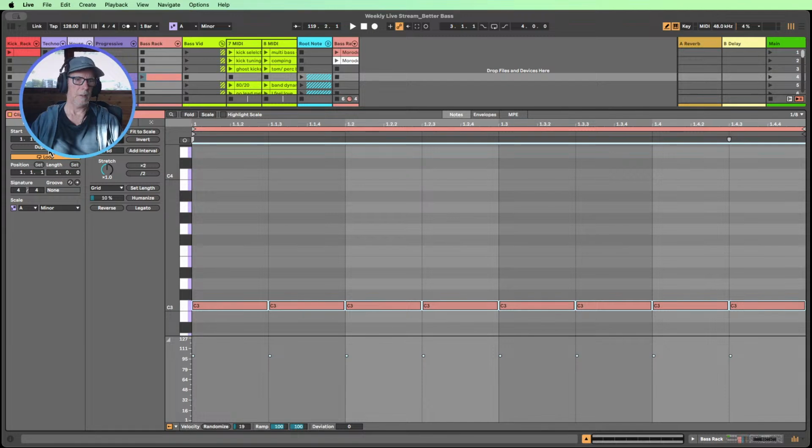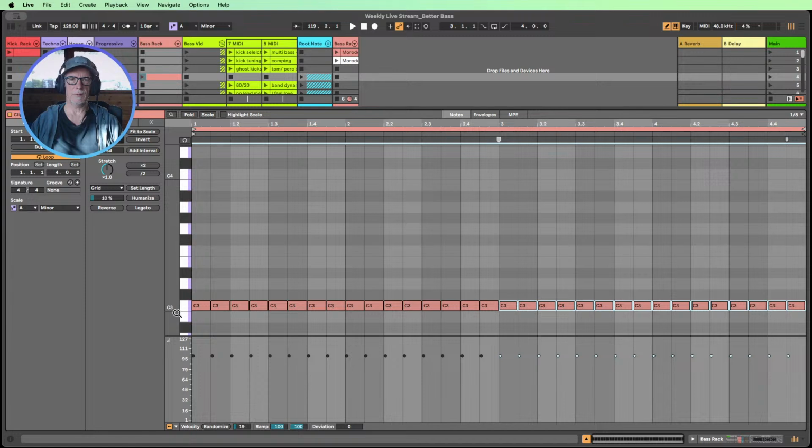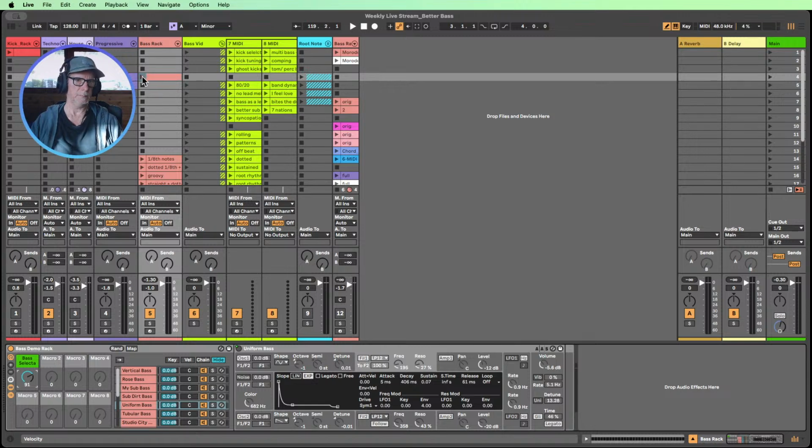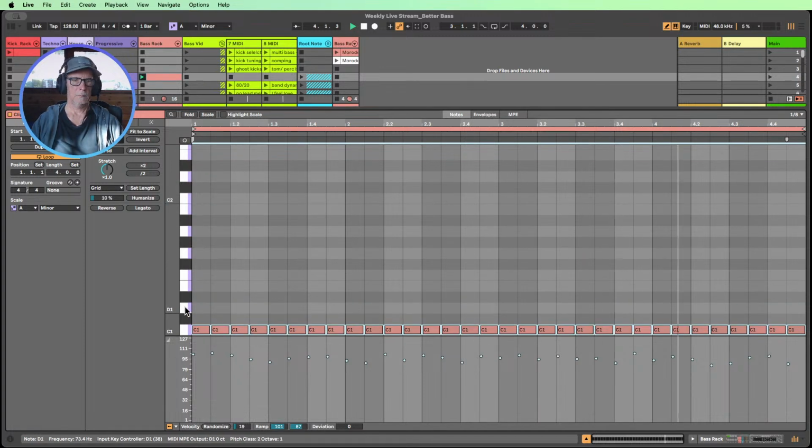Let's duplicate that a little bit. And again, so we've got a few more bars. Let's give it some velocity change straight away. And now let's drop that in. Let's bring it down in pitch. So if I didn't have that velocity there, it'd be a pretty boring bass line.